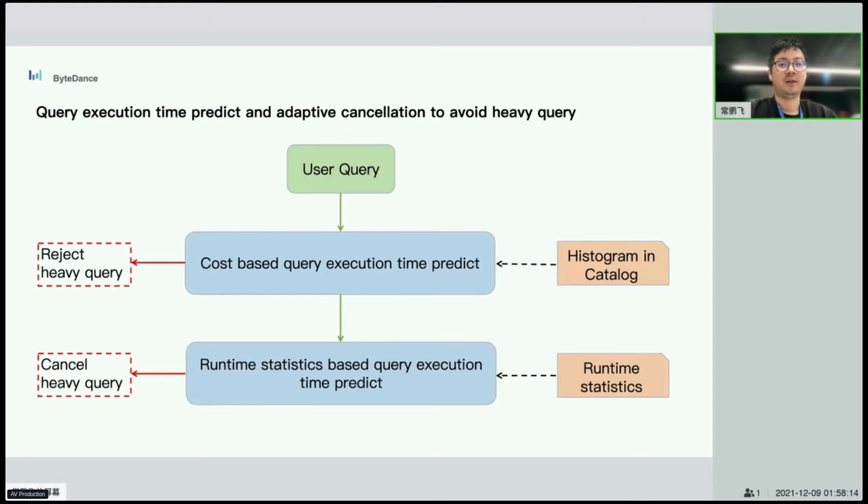Another factor which makes an impact to our cluster's stability is heavy query, which usually scan too much data and occupy too much compute resources. We provide two ways to avoid this case. The first one is cost-based method. It utilizes the histogram statistics in the catalog to predict the cost of a query and reject queries based on